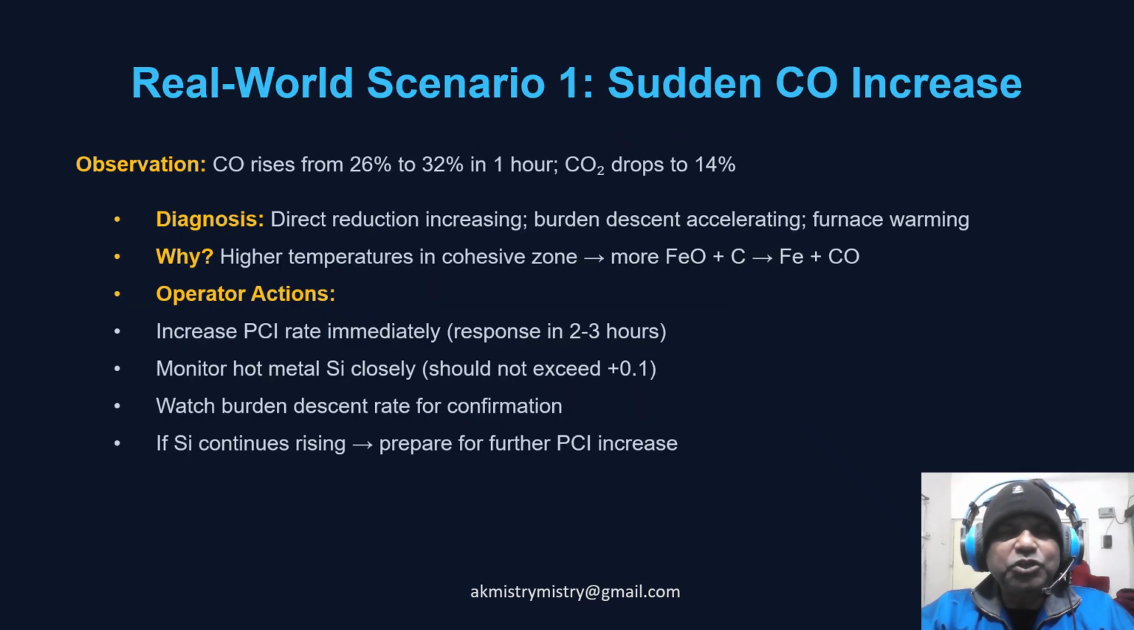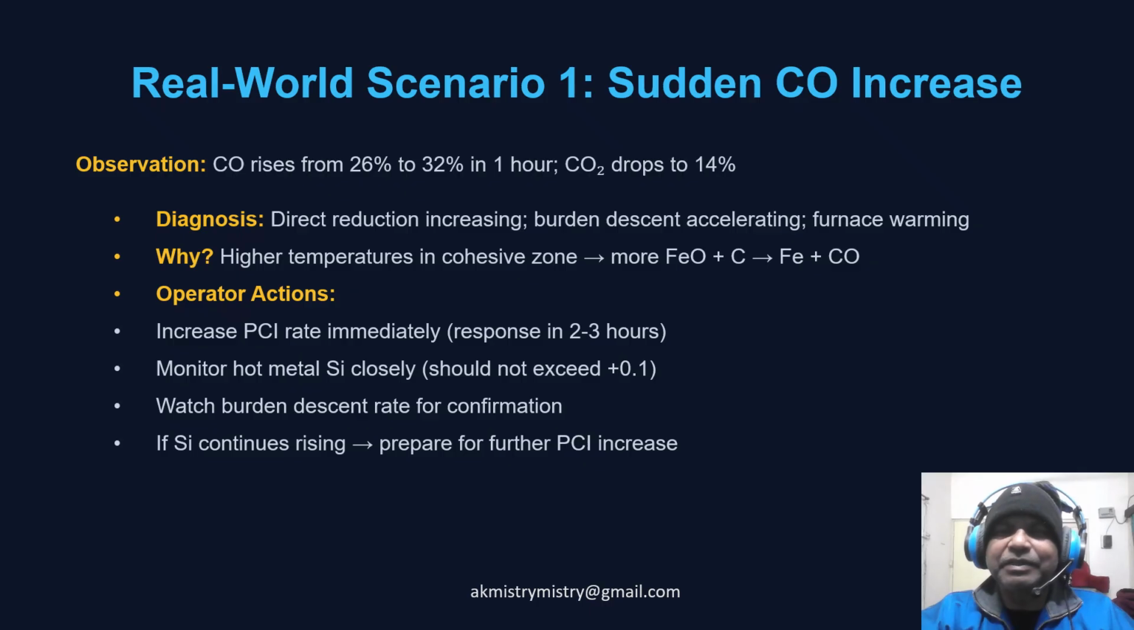Now suppose CO in the top gas rises from 26 to 32 within 1 hour, while CO2 drops to 14%. This combination suggests that direct reduction is increasing, burden descent is accelerating, and the furnace is warming. The underlying reason is higher temperature in the cohesive zone causes more FeO to react with carbon to form Fe and CO. The operator's response should be to increase PCI rate promptly, then monitor hot metal silicon closely, ensuring it